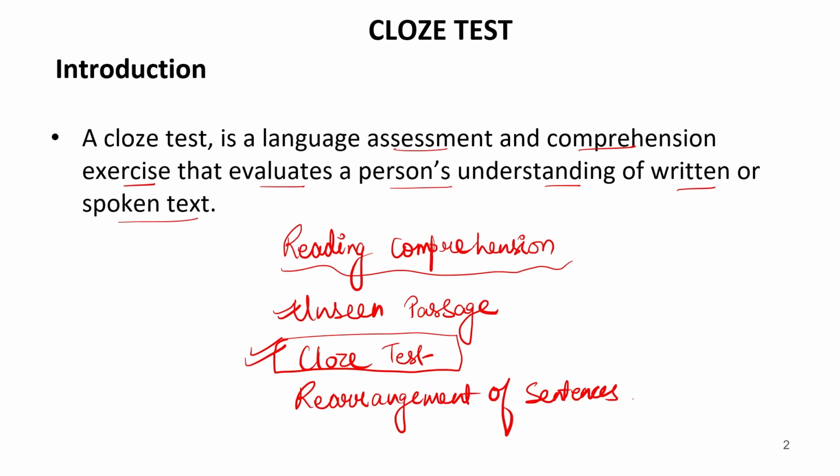What is clause test? Clause test is a kind of paragraph given to us in which some words are missing. It means that it is an incomplete passage. For each blank, we will be given 4 options, out of which one word is suitable to be filled in that blank, which makes the entire paragraph complete. So we have to pick out that particular word from the options and put it in the blank given to us, so that the paragraph will be complete and meaningful.